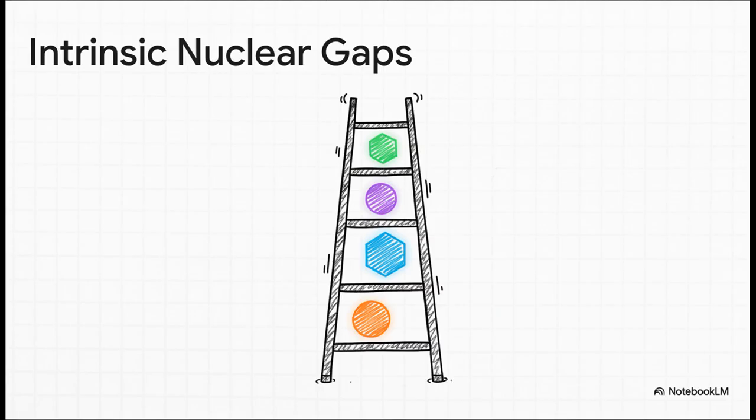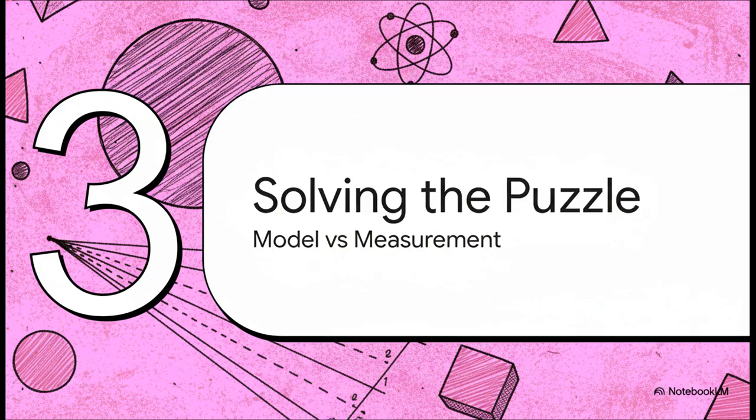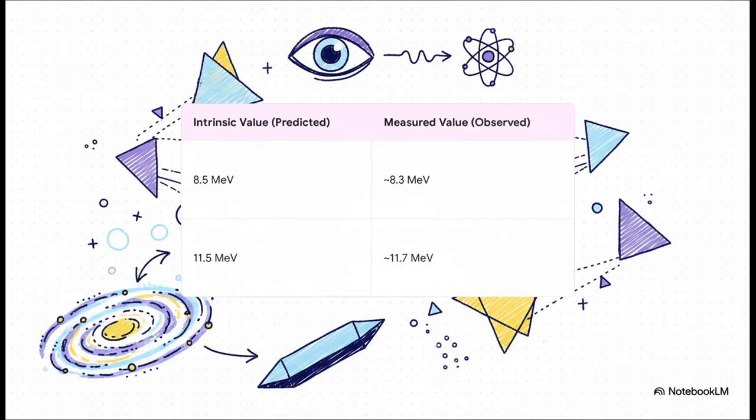The problem? Well, this clean, perfect pattern isn't quite what we actually measure in the lab. And that right there, that's our first big test. If the theory's pattern is so clean, then why don't our measurements match it perfectly? Okay, so look at this. On the left, you've got the clean, simple prediction from the theory. And on the right, that's what decades of real-world nuclear experiments have actually measured. They're close, but not quite the same.